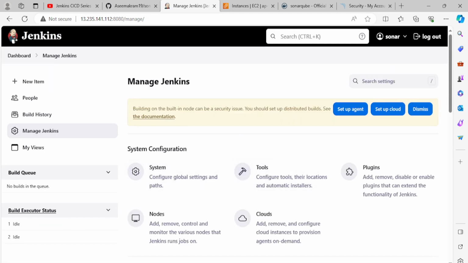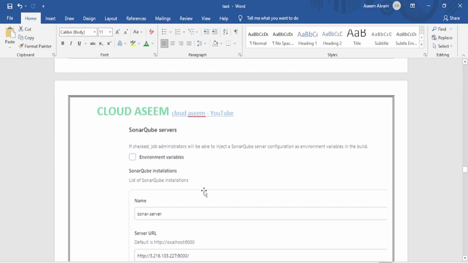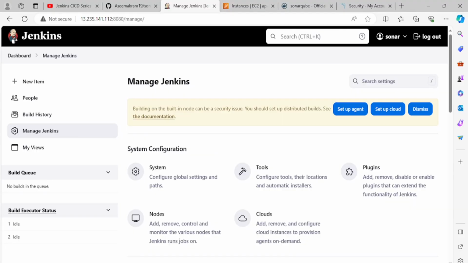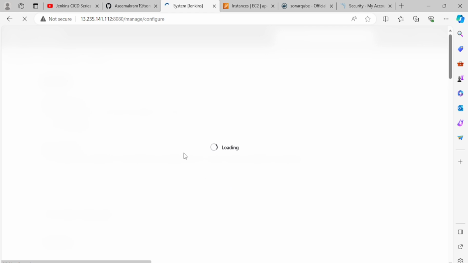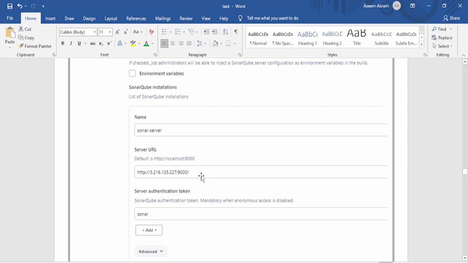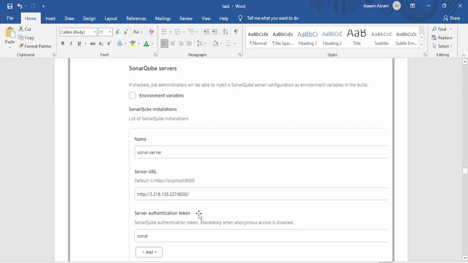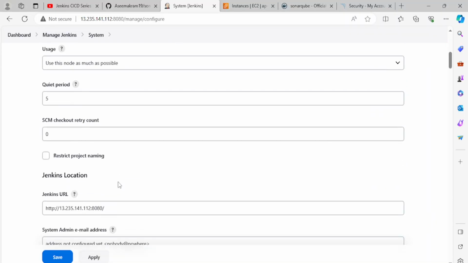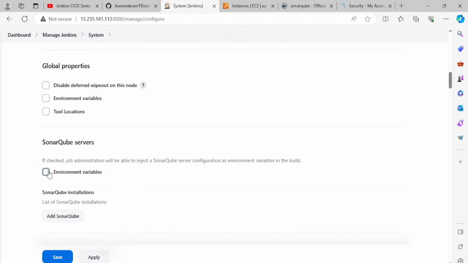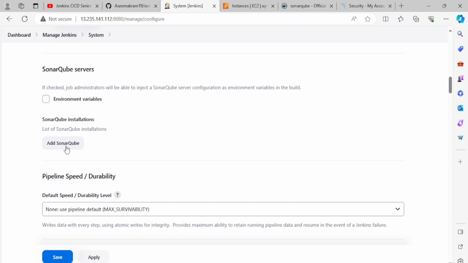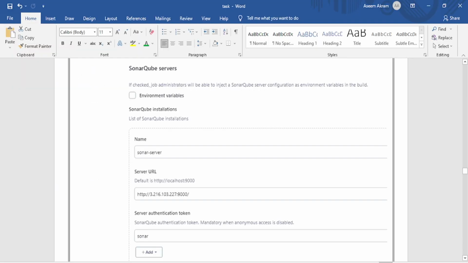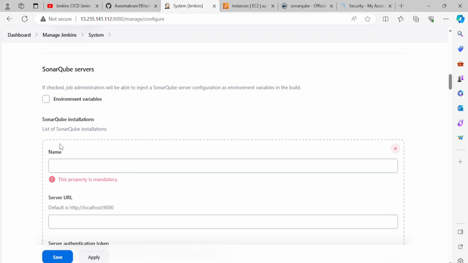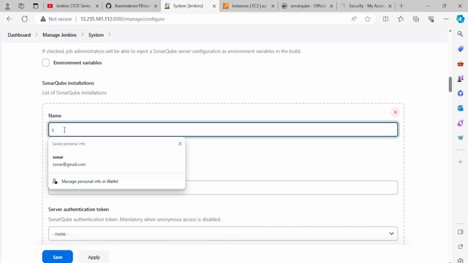What we have done as per our document, we have added Sonar server, right? And what we have to do now is add the server also. Tools we already added, right? So now we will just add the server into it. If you go down here, you'll find the name of this server. Then you have to add this, and you have to add the token also. If you scroll down below, you'll find Sonar server. Just add Sonar server. If you check here, you'll find Sonar server. Add SonarQube. Just name it Sonar,